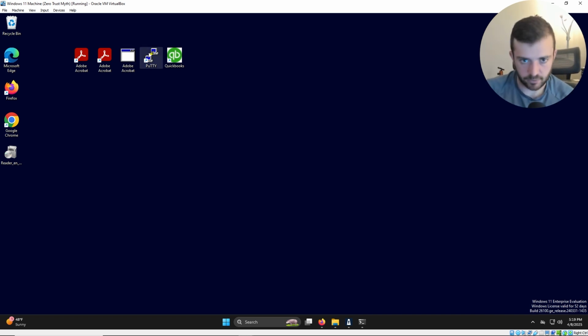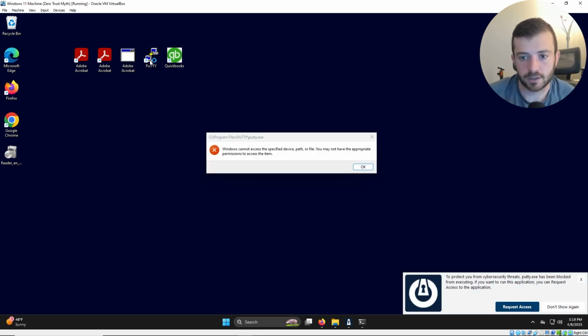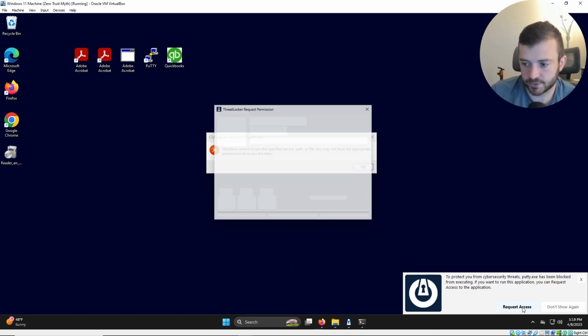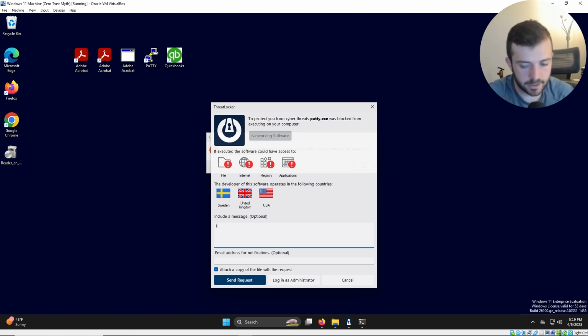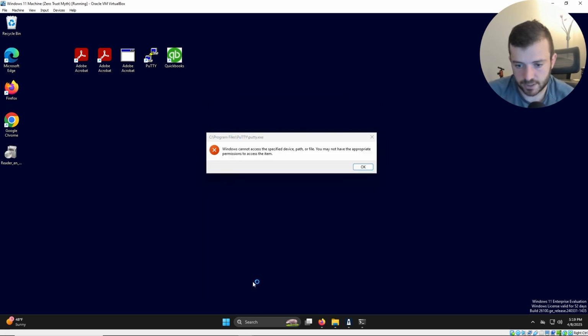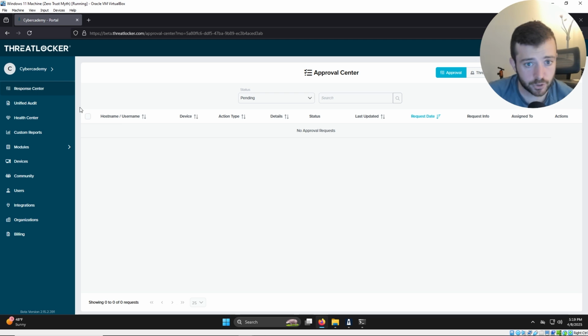So here I have good old PuTTY, QuickBooks too, but you can do a double click and you can see that this has been denied because, well, maybe we don't want SSH access for this user. So here I can request access and say I need PuTTY, and let's just say I send this request. I need it for whatever, maybe some infrastructure management. Going into my response